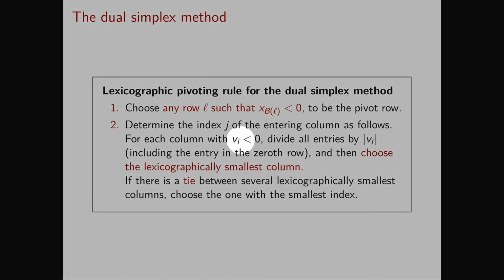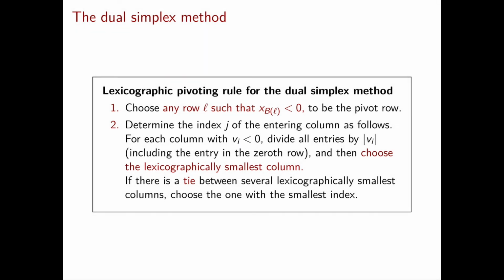For each column with vi strictly negative, we divide all the entries of the column by the absolute value of vi, including the entry in the 0th row. And then we choose the lexicographically smallest column. If there is a tie between several lexicographically smallest columns, then we're supposed to choose the one with the smallest